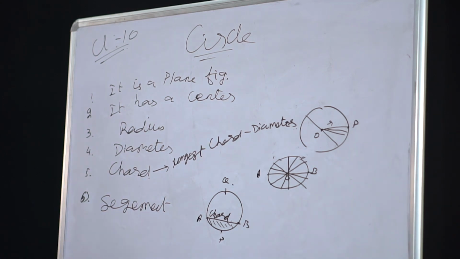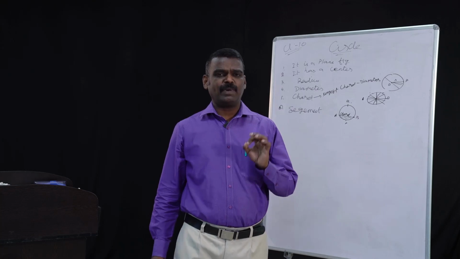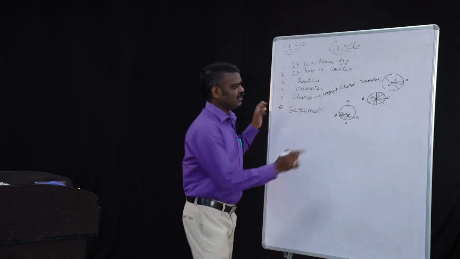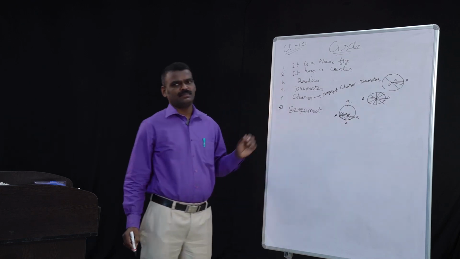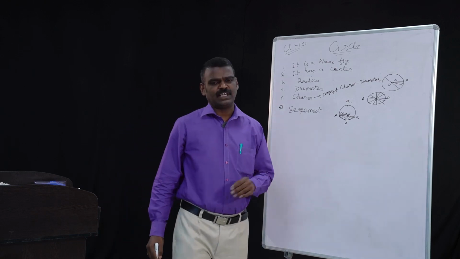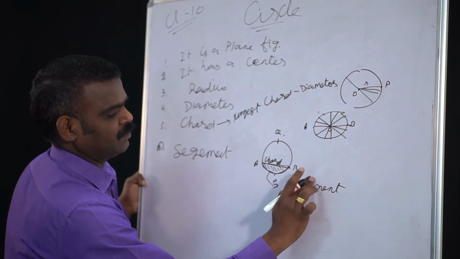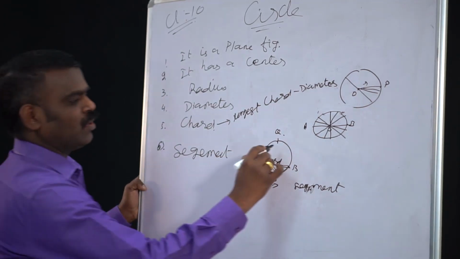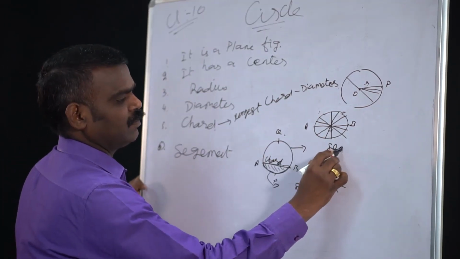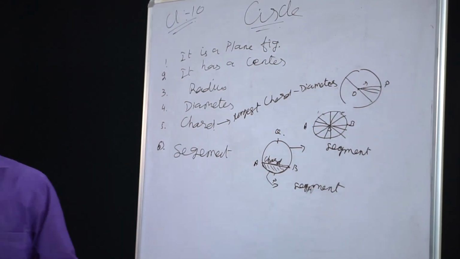Segment, meaning of segment is the area bounded by a chord and an arc. Keep in mind, area bounded by a chord, this is a chord, this is an arc, right. So, that is called which one? Segment. Now, if this is segment, then what about this one? Because here also chord and an arc, right. So, both are segment,